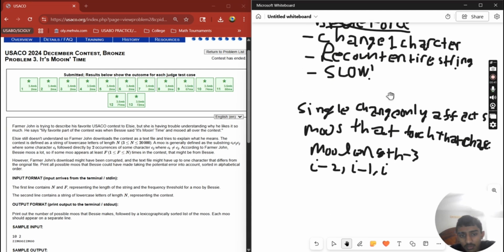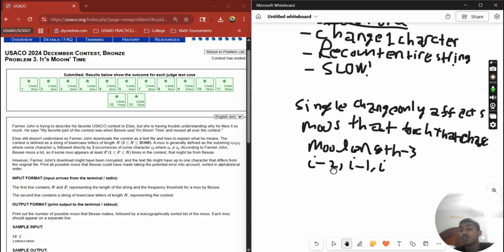And so since a moo is 3 characters long, a change at position i can only affect the moos that start at the specific positions i minus 2, i minus 1, and i. So the change will basically happen at i minus 1 and i. So what we could do is,